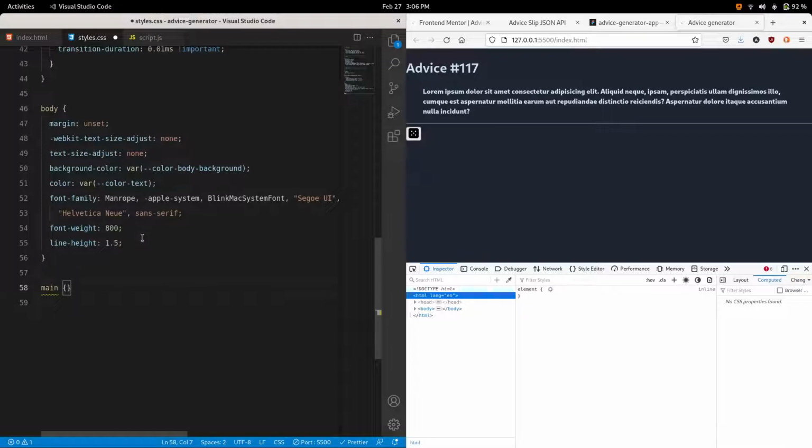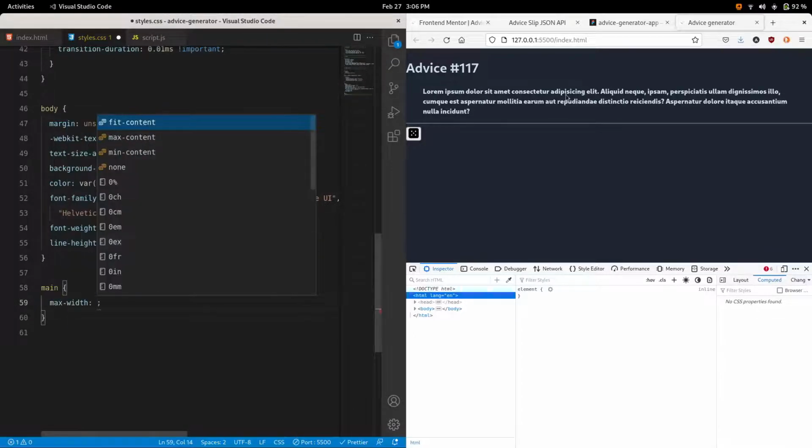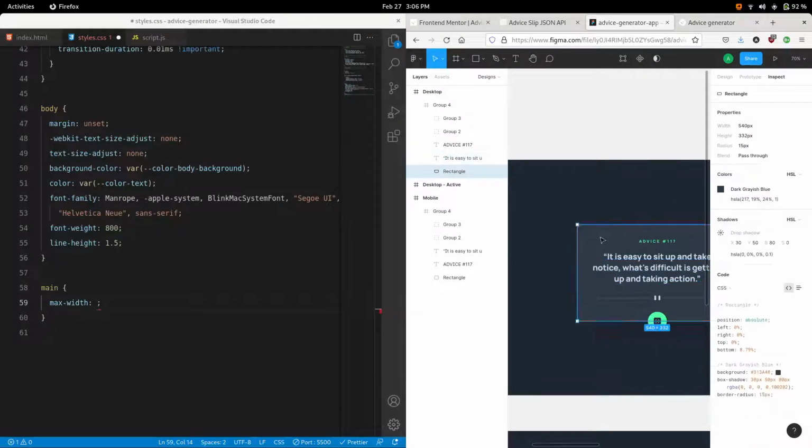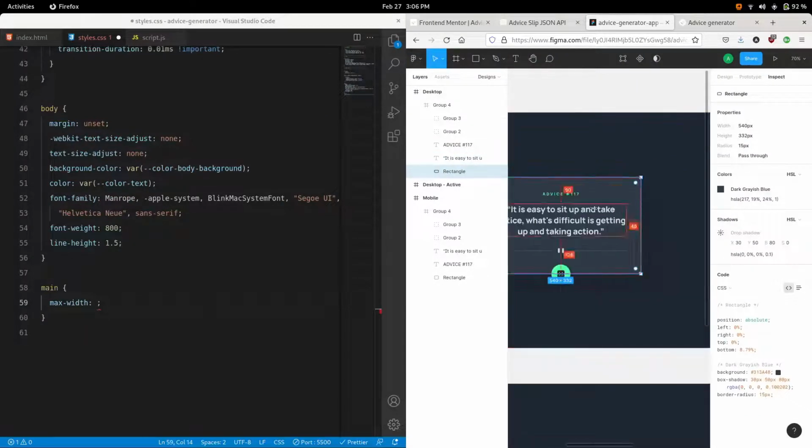So let's go with main and say that this has a max width, and we can get the max width from our Figma design. You can see it is 450 pixels. So let's go with 450 pixels. And